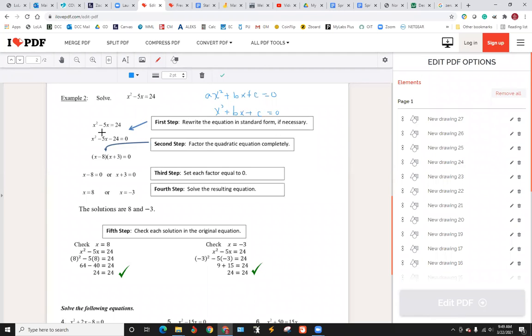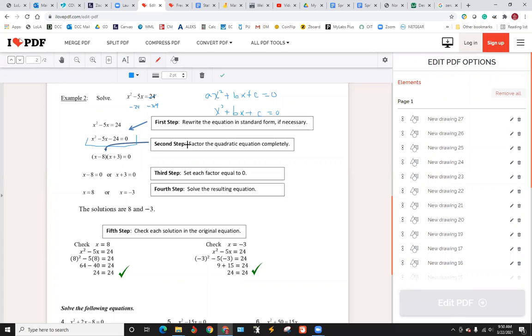So what we've got to do is subtract the 24 from each side. That's what they say, rewrite the equation in standard form. So in order to get rid of the positive 24 here, we subtract 24. So then that's what we end up with right here. All right. Now we've got to see if we can factor it. For the most part, they should all be factorable. You might run into one that's not factorable, but the reason we're doing these is we're learning how to factor